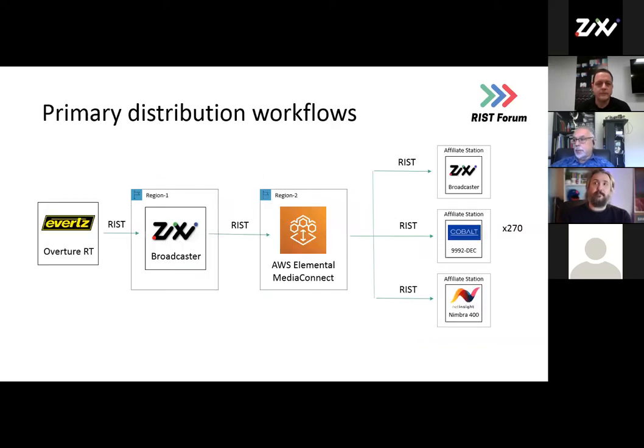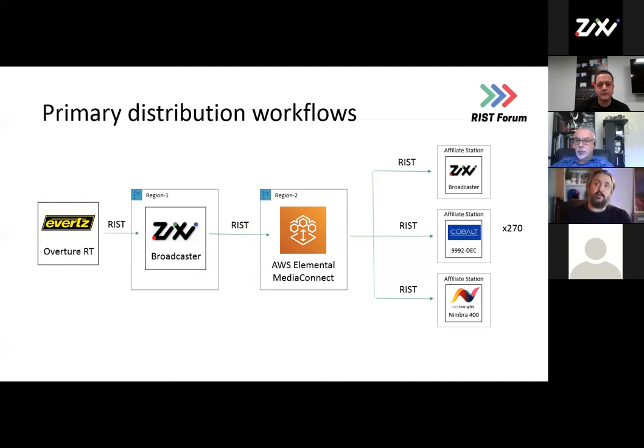Okay, next slide. So this is a really interesting one. Primary distribution is something that IP is really starting to see some inroads on. Now, it's typically been in the domain of satellite, just because of the number of endpoints that needed to be hit. But now, as we've started to develop these more sophisticated IP-based interoperable protocols that can provide similar resiliency, if not better, than satellite, we're starting to see more and more large, three-letter broadcasters get very interested in these types of distribution workflows.